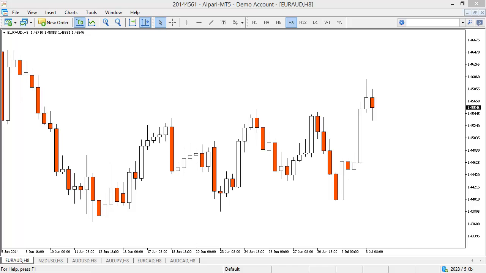So we're going to start with Euro AUD. Like I said, I selected Euro AUD because it's been a really good pair to me recently. I think it's given me 3 or 4 trades over the past few weeks. It's by far given me the most trades of any single pair in the past month. So it is a great pair to trade, and let's get started with this. So the very first step,